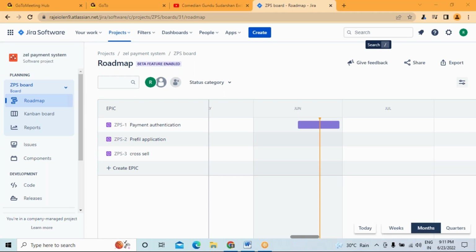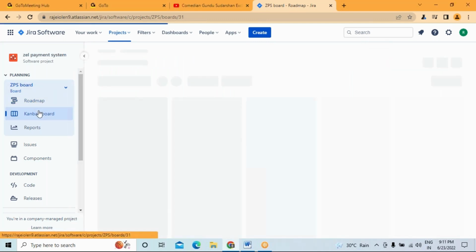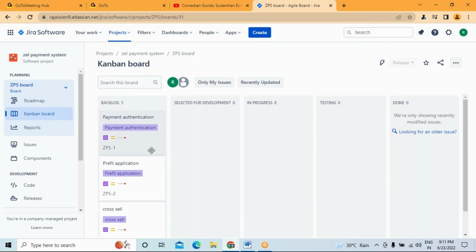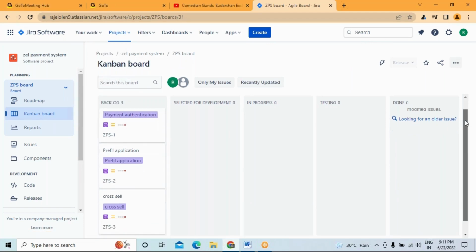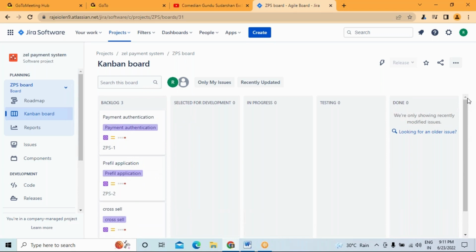But when you see the difference between Scrum and Kanban, Kanban is completely a pull and push mechanism, where whatever user stories or functionalities you would like to develop, everything will be there on the Kanban board directly. Whatever work we have created so far can be seen in this Kanban board. Where is this Kanban board? If we see here closely,